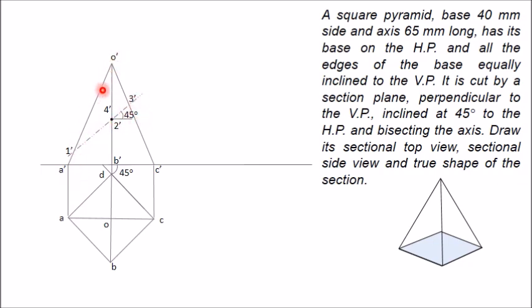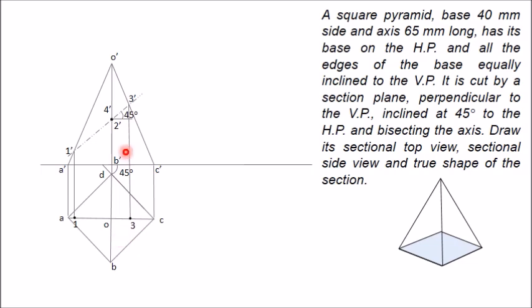So this is O dash A dash. Now project this 1 dash here, OA. So this intersection point on OA, in OA, 1 dash, mark that point. This point is 1. So you have obtained 1. Similarly, this 3 dash you can also project, and just drop this 3 dash on OC. This is O dash C dash. Mark that on OC. So you obtain this point 3.